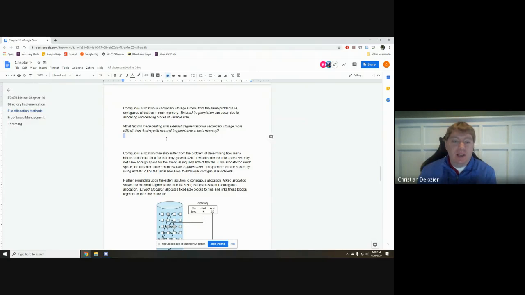Anyways, I think so. I heard a couple good things. So there are a couple big things here. I heard that it's bigger. So secondary storage